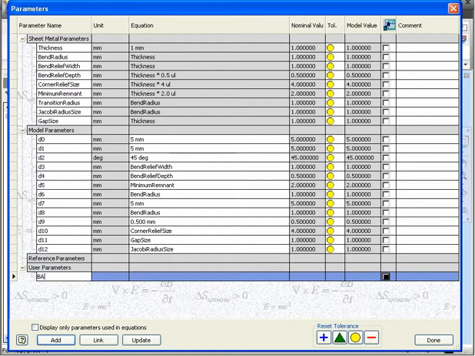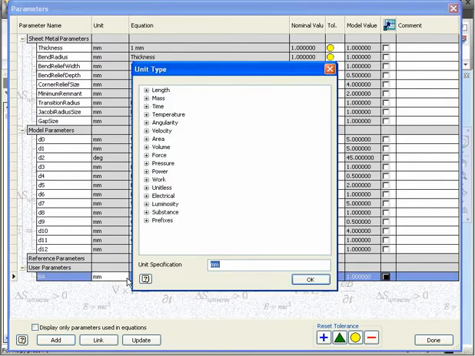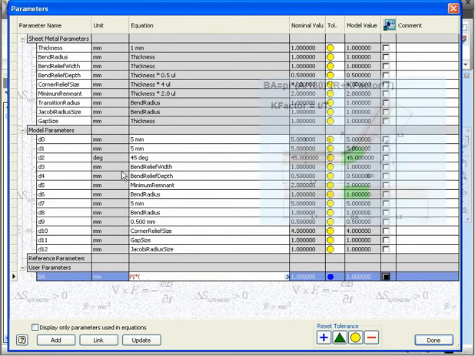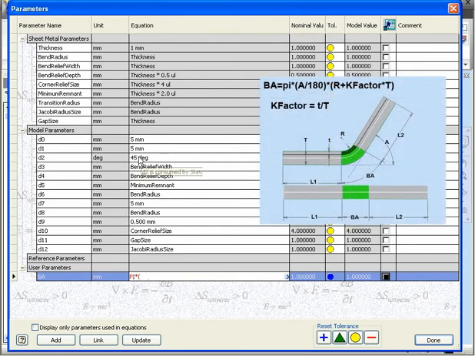Bend allowance. Units will be millimeters. And now let's notate the formula that we learned in our previous tutorial. Don't be shy, I know you've got it memorized. Okay, pi multiplied by the bend angle, here it's 45 degrees, or D2, divided by 180 degrees,